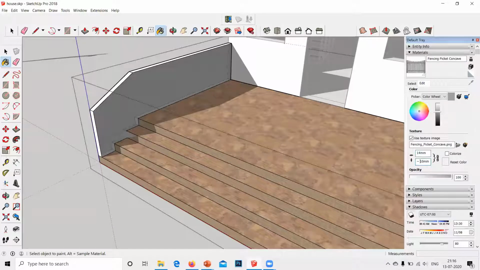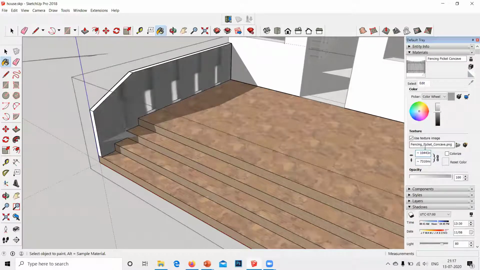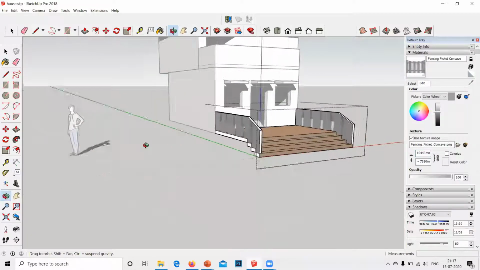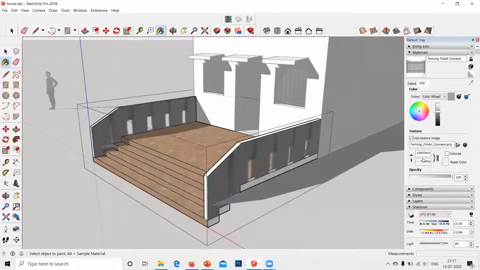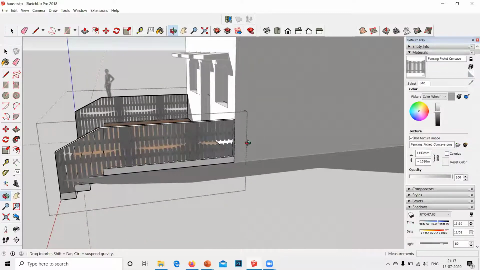You will have to even increase or decrease the scale of your whole material till it gets perfect. Even I sometimes can't get it perfectly done. I'll just leave it right here. But when you are doing your own fence, make sure that you come to a specific size.